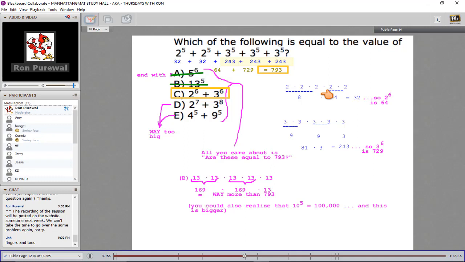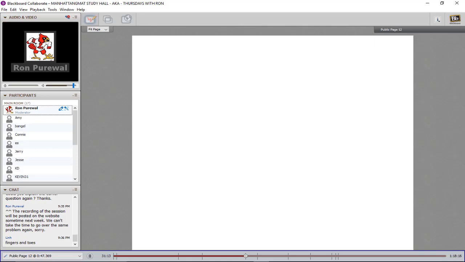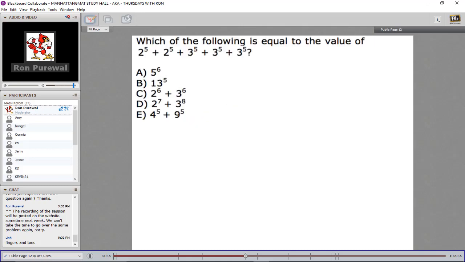So again, most of you got this one right, which is good. Although, again, there were still a few people who didn't. If you didn't get this right, you could just do arithmetic. I mean, of course, there are going to be solutions that are not arithmetic. We can look at that really quickly. Like if you have the non-arithmetic solution, if you have 2 to the 5th plus 2 to the 5th,